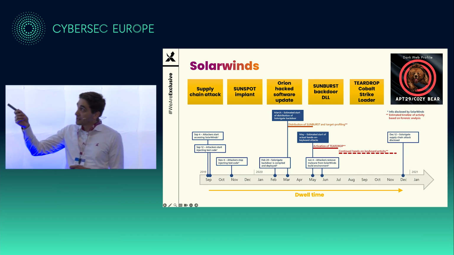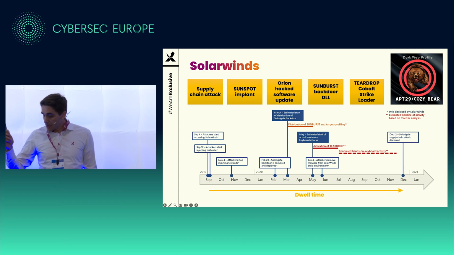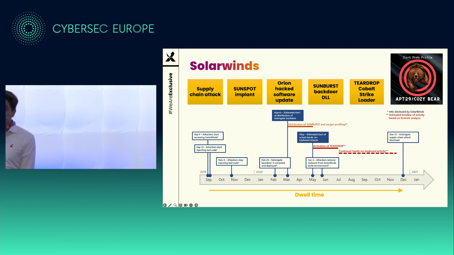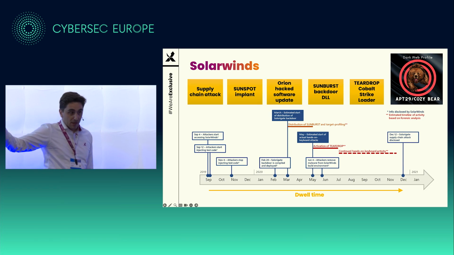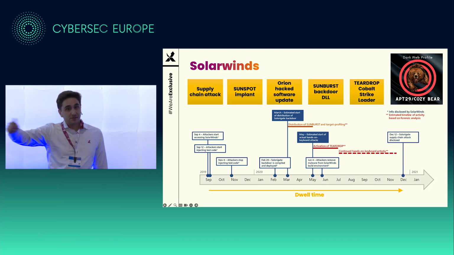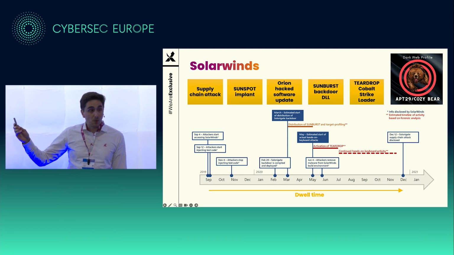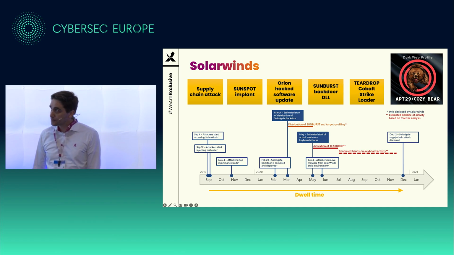Right? What was in there? A backdoor DLL capable of downloading a Cobalt Strike beacon to allow, as you can see here, the hands-on-keyboard activity from the adversaries themselves. So you can imagine once that software update was released, all these environments dialed in to the attacker's server and said, hey, here we are, ready for you to start your quest. So huge attack, very complicated. Look at the dwell time, more than 1 year before it got fully disclosed. Just giving you an idea what an advanced APT is.